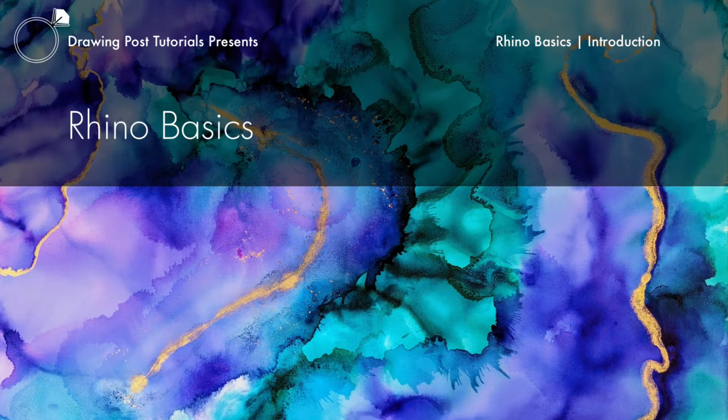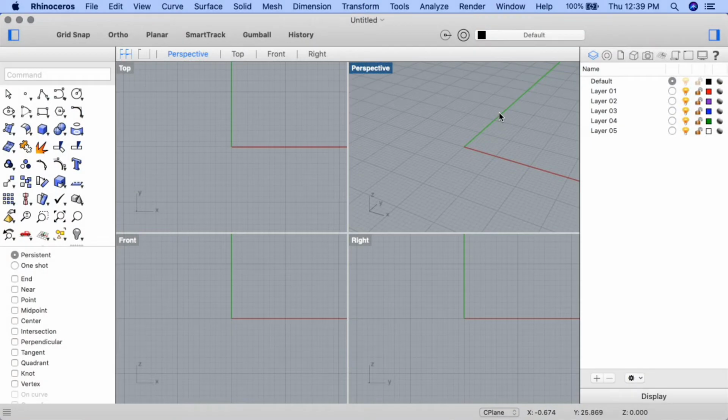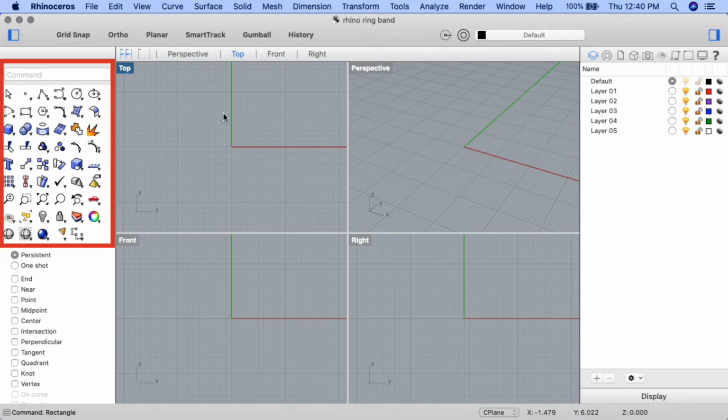Welcome to our video series, learning how to use Rhino 3D in 11 simple ring band projects. In this basics part of our series, I'll take you through 5 comprehensive lessons on getting started with Rhino 3D. If you're completely new to the Rhino program, you'll be getting a good overview of how the program functions with these lessons in order to begin learning the more in-depth Rhino skills that will follow in the next portion of this course. You'll be learning about the Rhino interface, including where tools and the command line are located, for example